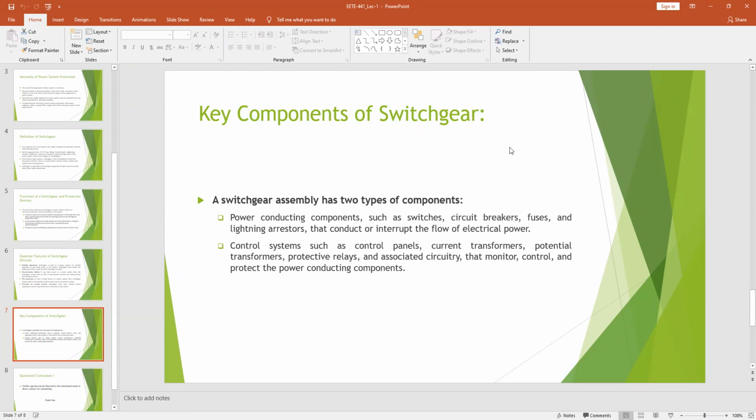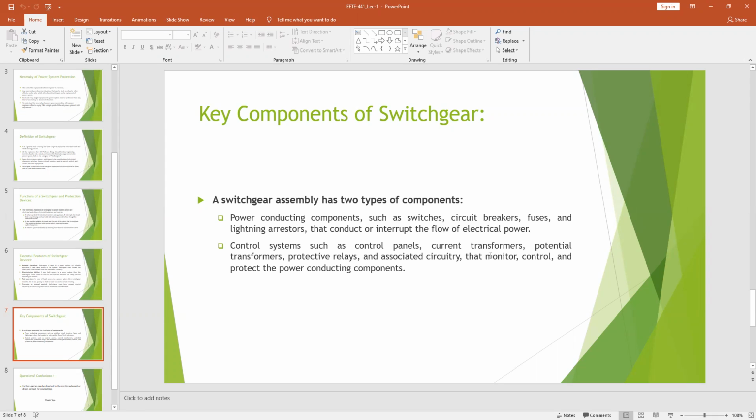There will be 2 types of components. One is relevant to detection. It will detect whether the power system is operating in normal or abnormal condition. The other is the part associated with the detection part: after detection, some switchgear will work to open or close the power system, to isolate or energize it according to the instructions of the detection part. That is named the power conducting component. We will learn what the essentiality of your sensing devices is, what a circuit breaker is, what a relay is.